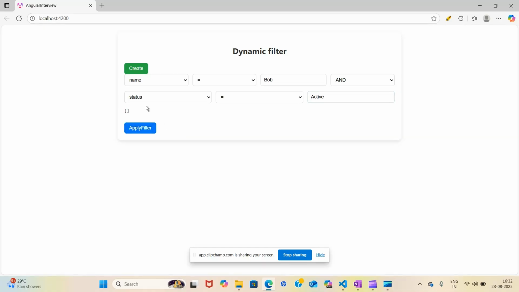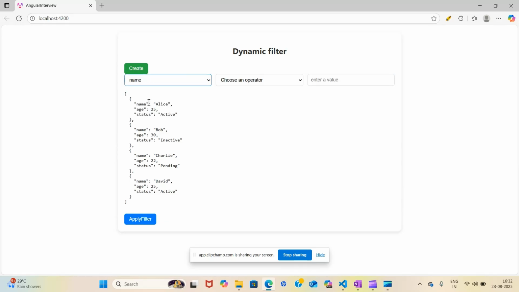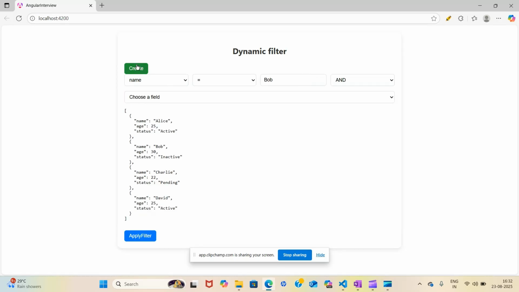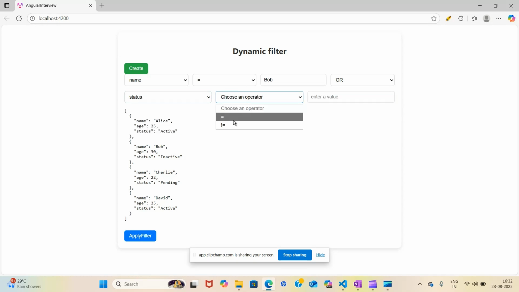Now apply filters. No Bob is there with status active, but if I have or and then apply, let's refresh it, then add name equal to Bob. Let's keep this or, and then status should be equal to inactive.